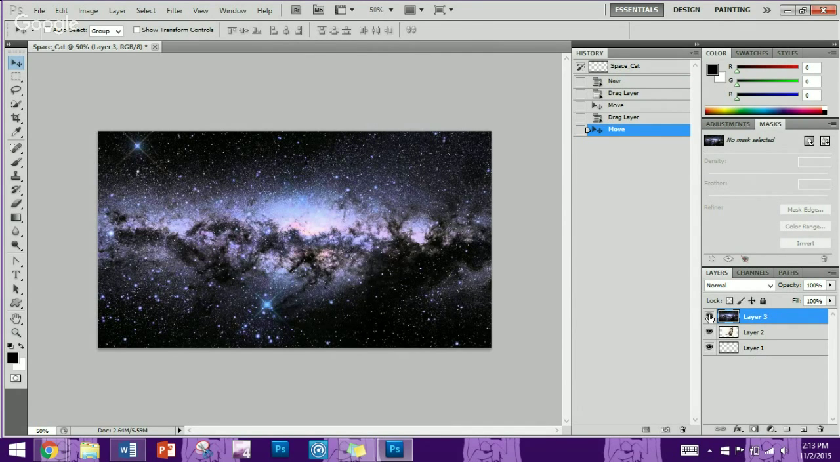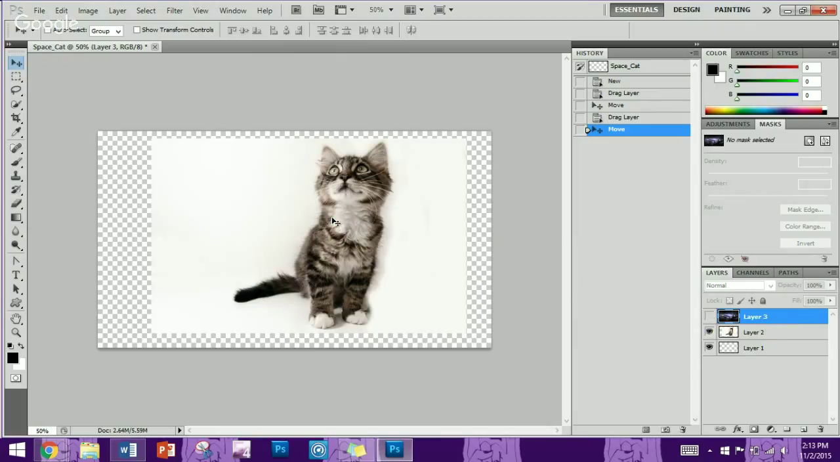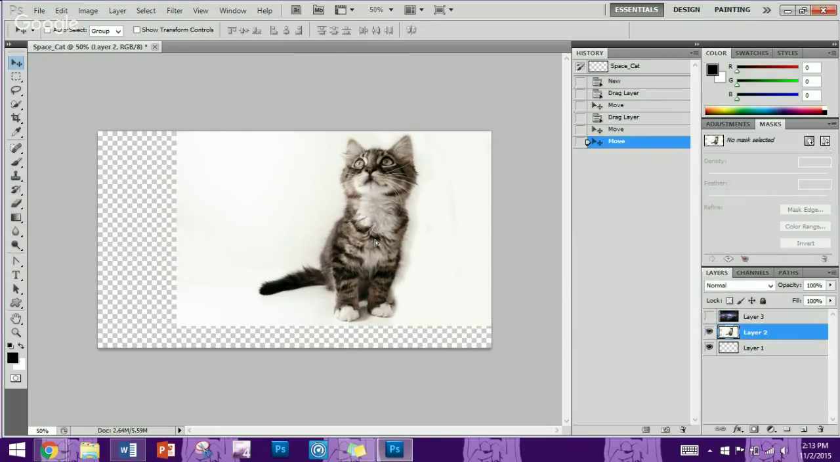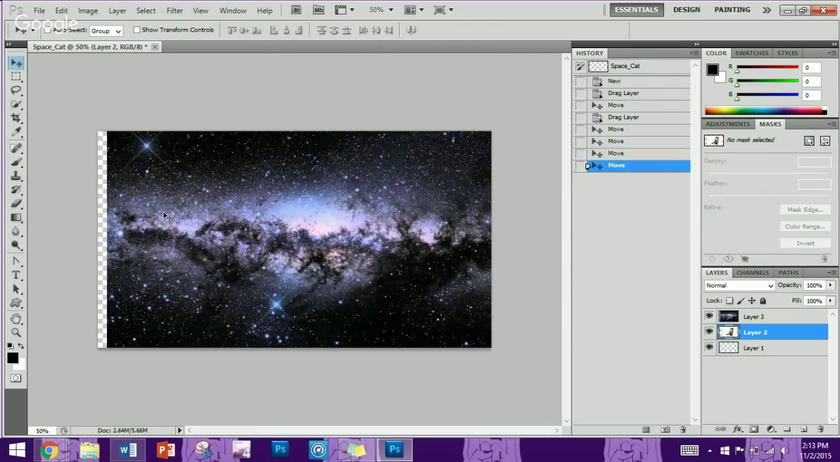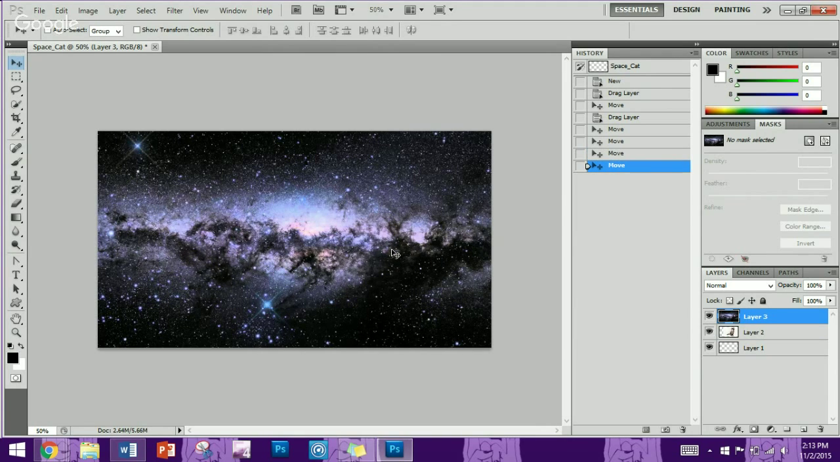You'll see if I hide this layer, you can clearly see the cat below. Select this layer, I'm just going to move this a little bit. Alright, then go ahead and reselect this. Whoops. Alright, now that these are all lined up where I want them, we're going to go ahead and start applying